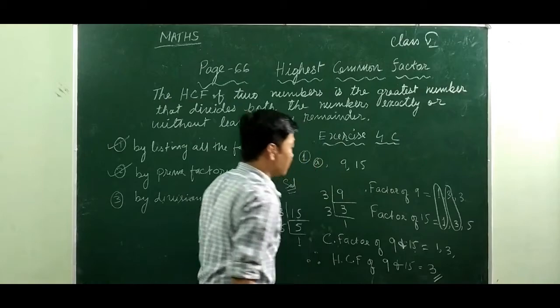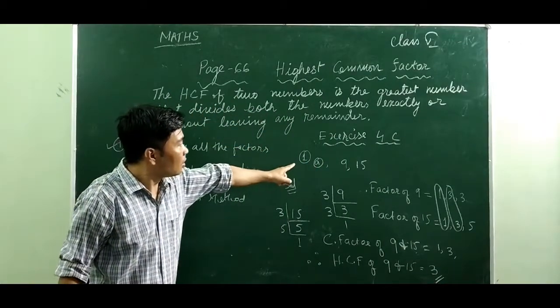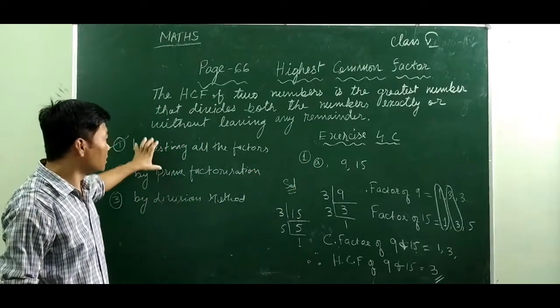So, it's 3. Now, we can find the highest common factor of 9 and 15 by using these two methods,